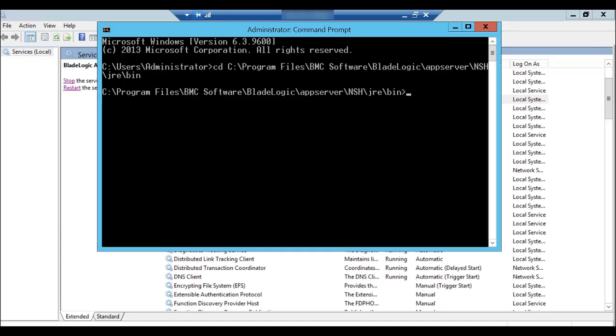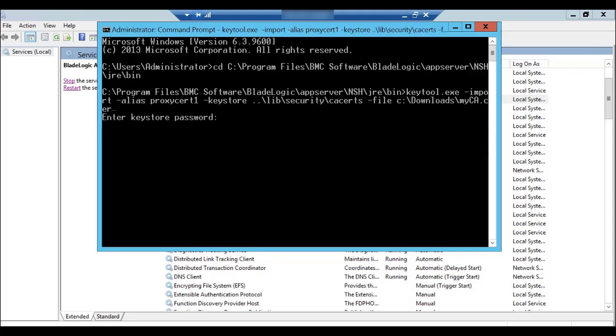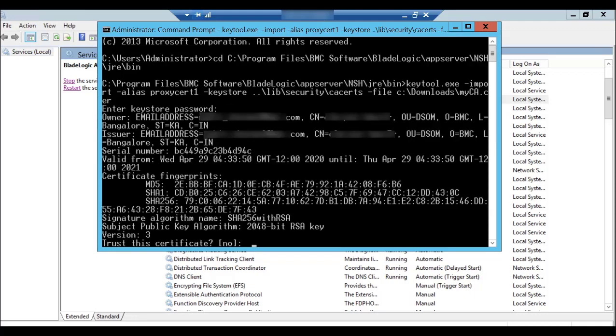I have now logged into the application server and opened a command prompt. I'm now in the directory app server and shgre bin. I'll copy and paste the command here, and once I hit enter, it will ask for the key store password. I'll type in the password, and then it will ask me if I want to add the certificate or